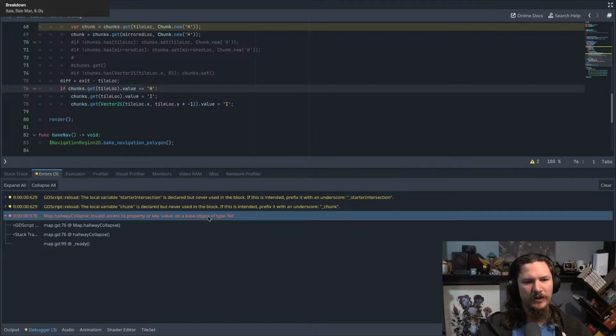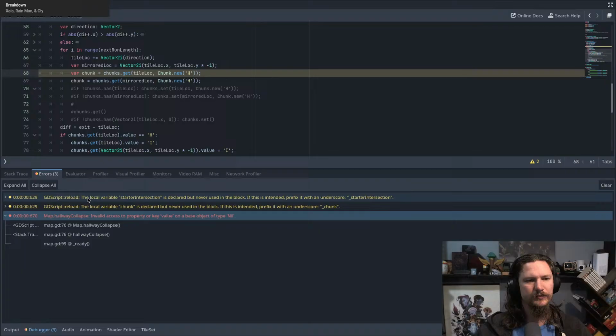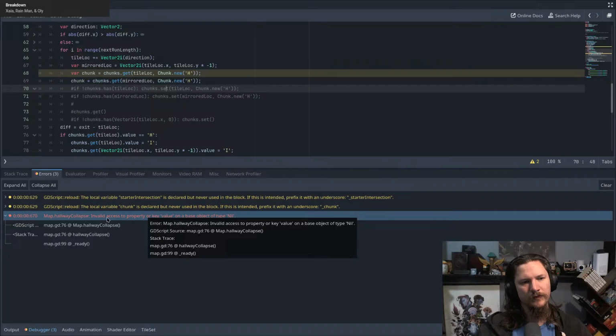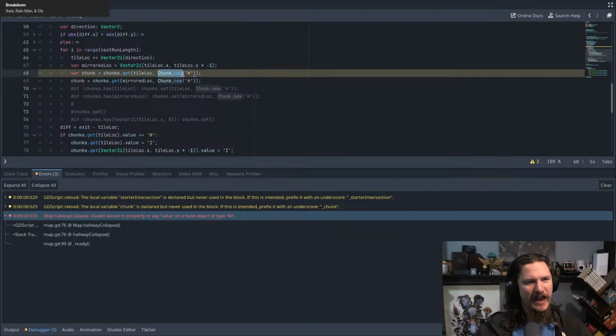Invalid access to property or key value on a base object of null. Chunk equals chunks.get for new chunk. Interesting. So it adds the key, but it doesn't add the default value, which means we need to,